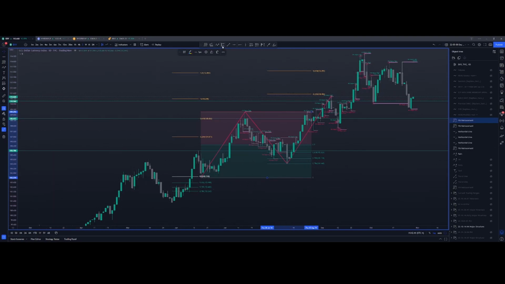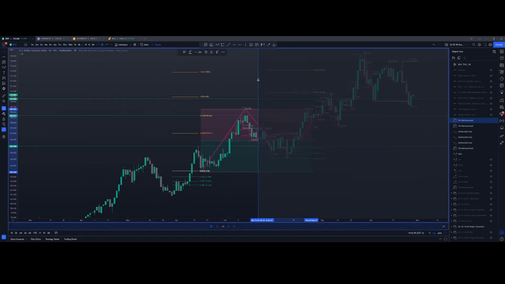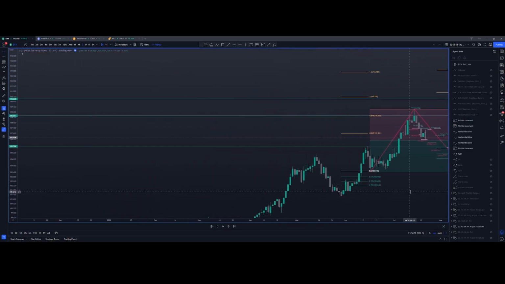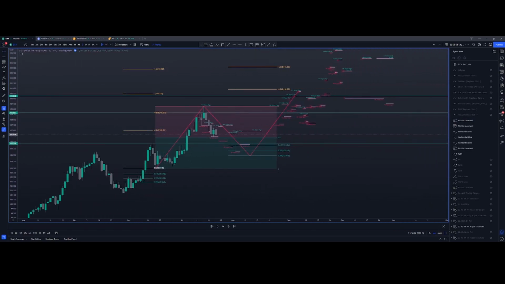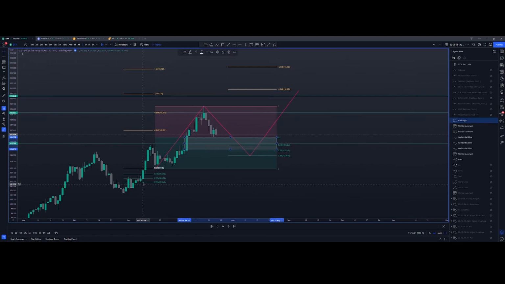But what I'd be looking at in there if we hadn't seen all of this before, so let me just stick it in replay, so we'll go to there, and I'll take that structure out so we can't see it. There we go. So what I would have been looking at here is any points of interest on that daily below equilibrium. So that fair value gap there would have been one area of interest, and I would also have looked most likely at,